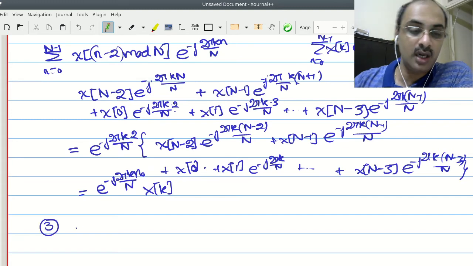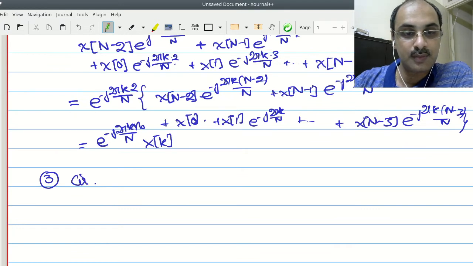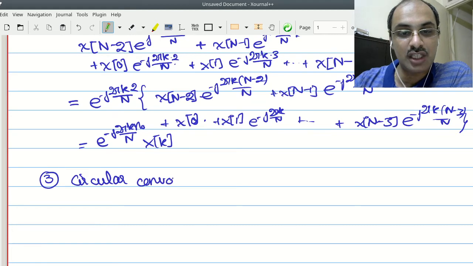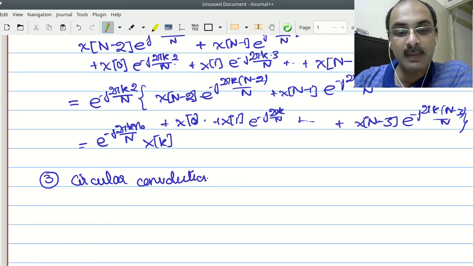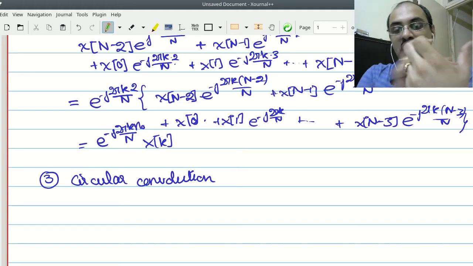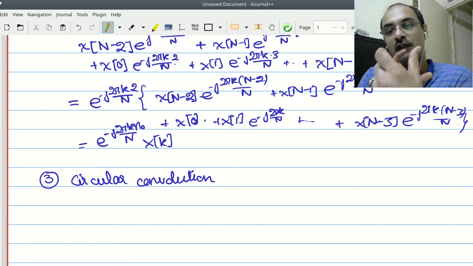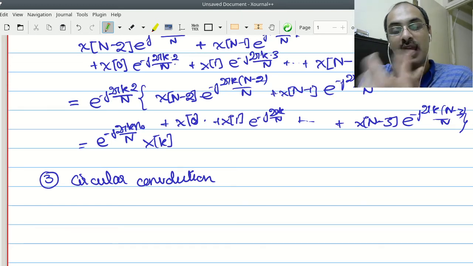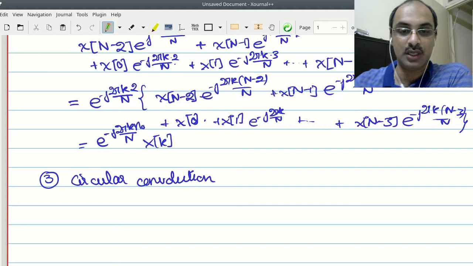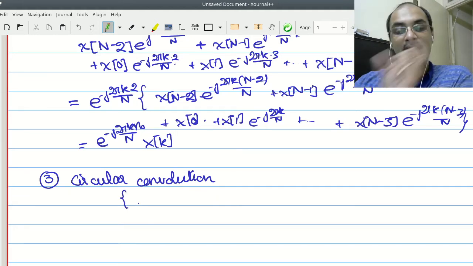Okay, the third one I'm going to cover is circular convolution. This is actually a very special property. Remember, because you are dealing with sequences which are actually periodic extensions, when you perform convolution, you have to essentially flip and then overlap, but for one of the sequences you have to look at the repetitions. I'll give you an example. We are going to keep the length of the sequences the same.